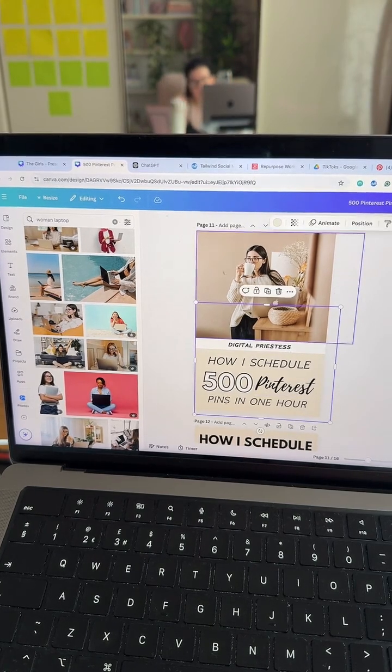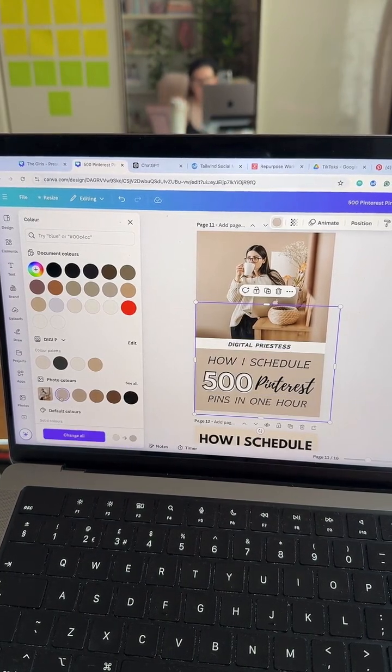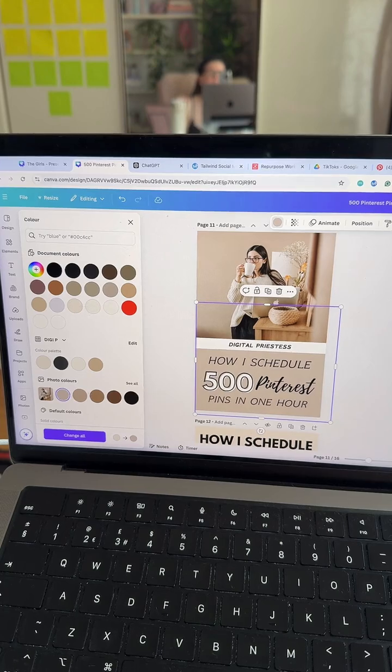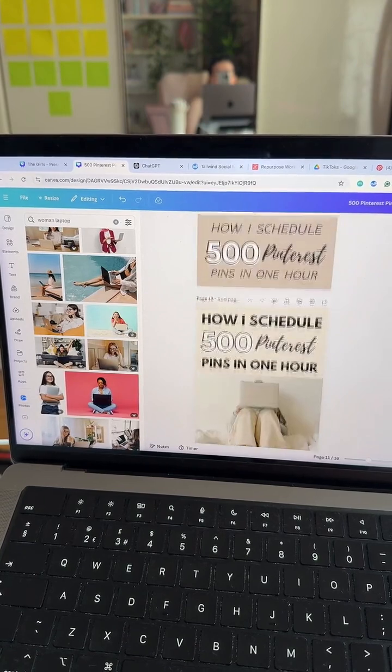And actually I just realized I didn't change this color, so I'd say some are fine. Obviously I'm keeping the Pinterest in this font because it feels like a Pinterest style, but I'm going to change some of the rest of them. I'm just going to change these colors as well to match. There we go. Actually that color change looks so much better. Okay, so we've got now 2 pins.